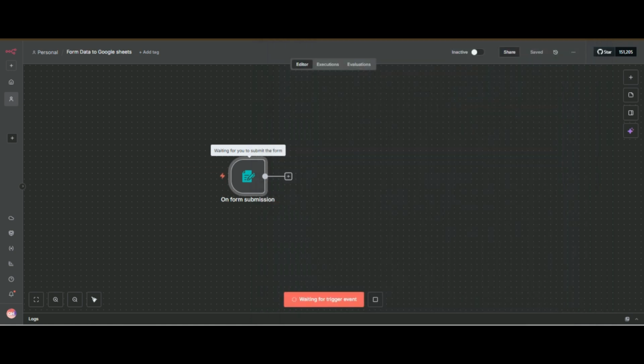Sometimes it does not work, so we have to stop this workflow. Sometimes we will face errors while building a workflow, so we should wait some time.